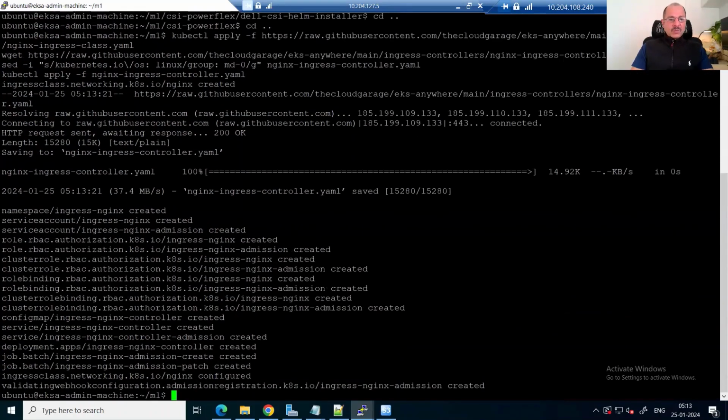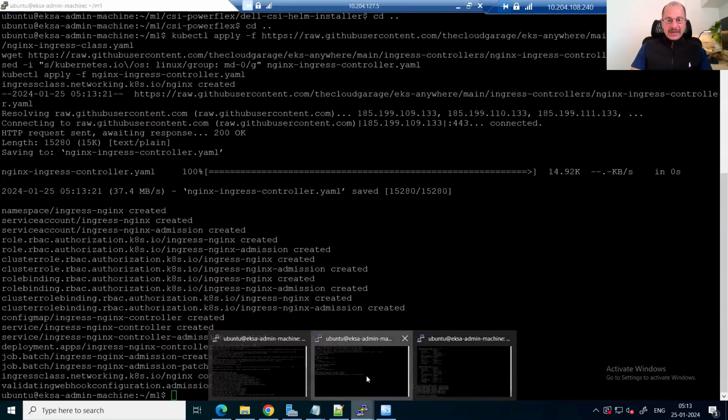Okay. So as you can see, the ingress controller has also been created. And alongside, there are a number of CRDs that will actually be fitted in. That's also done here. Let me go to the second cluster